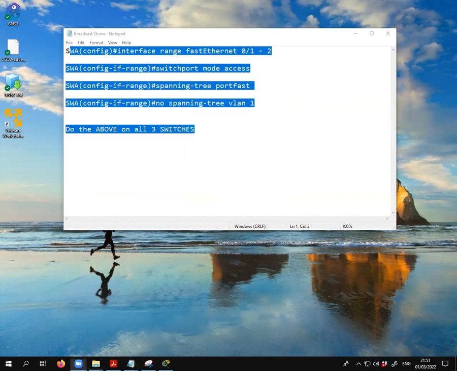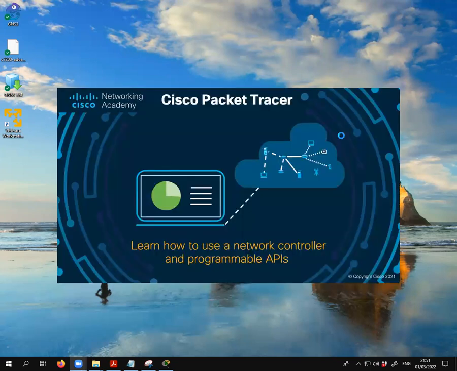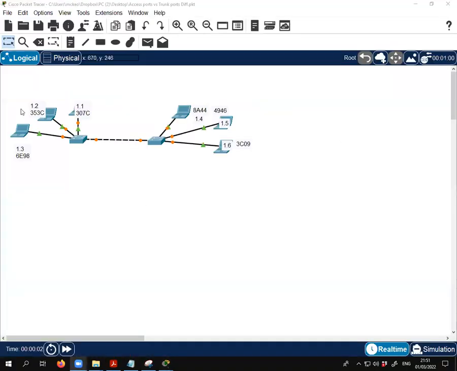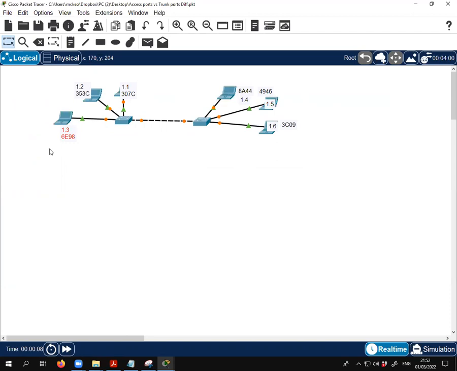Okay. Now I want to bring up a lab here because I think it's important. I just want to show you how the switch looks at the differences between an access port and a trunk port. So the way I've done this is that we're all in the same VLAN. We've got 1.1, 1.2, 1.3, 1.4, 1.5, and 1.6. And if you see the MAC addresses,